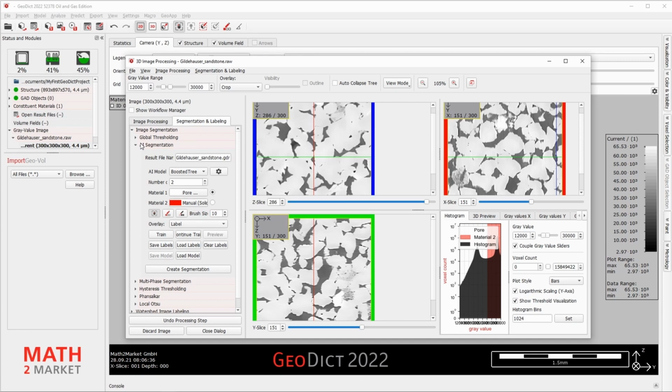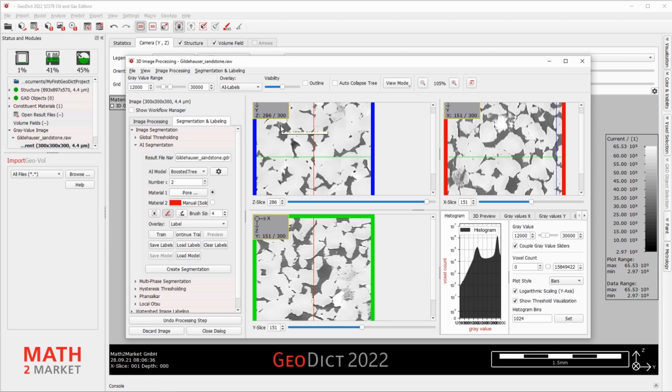First, pick the brush tool and define the corresponding regions by selecting the pores with the brush tool. Set the brush size to 4 and increase the visibility of the drawn label.